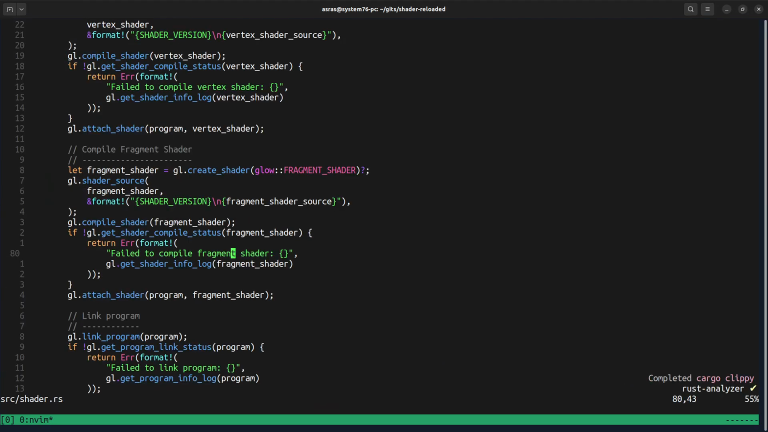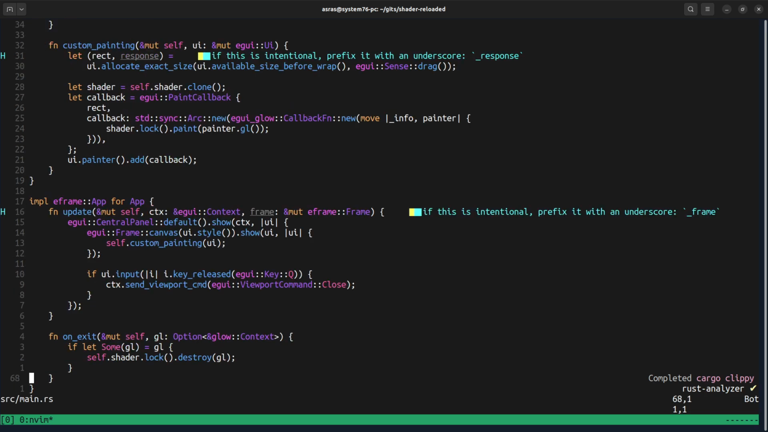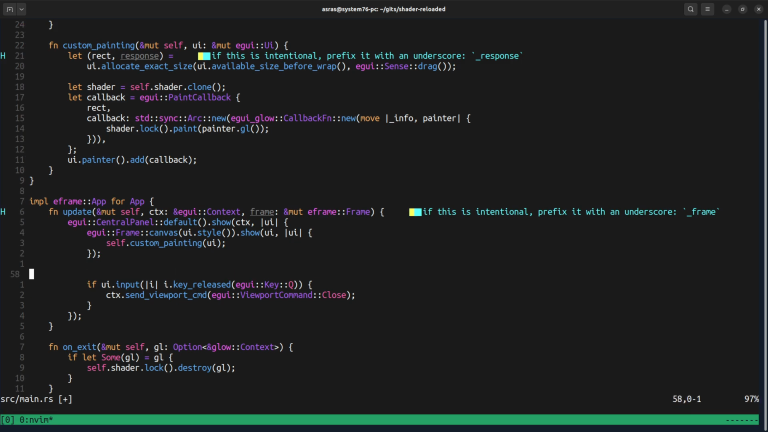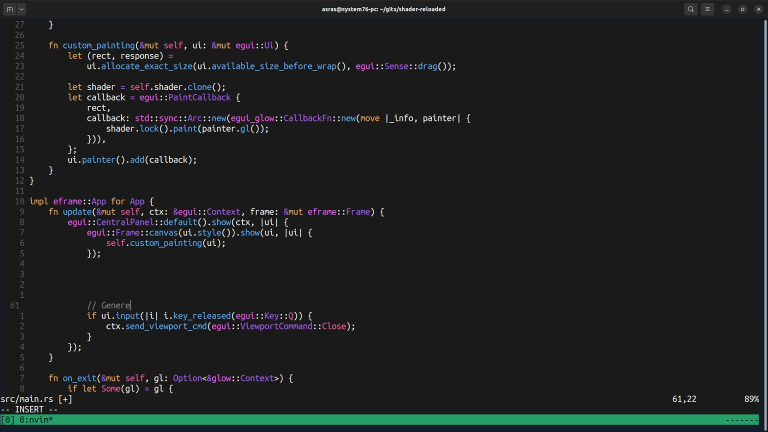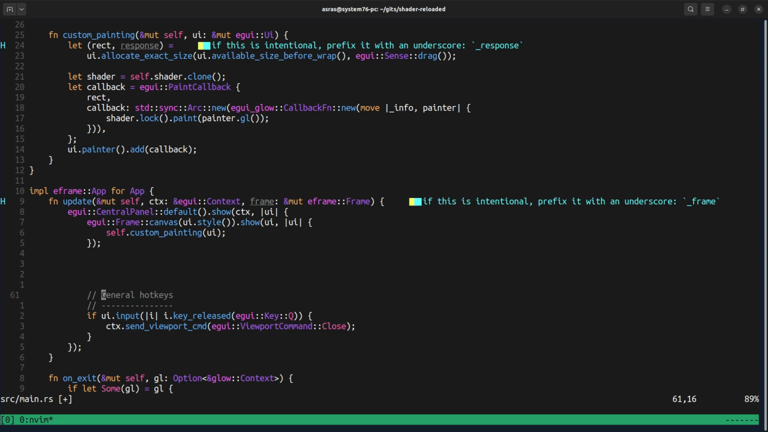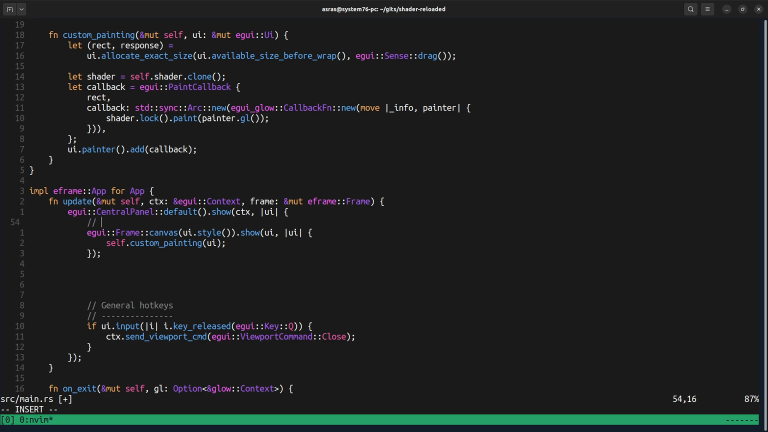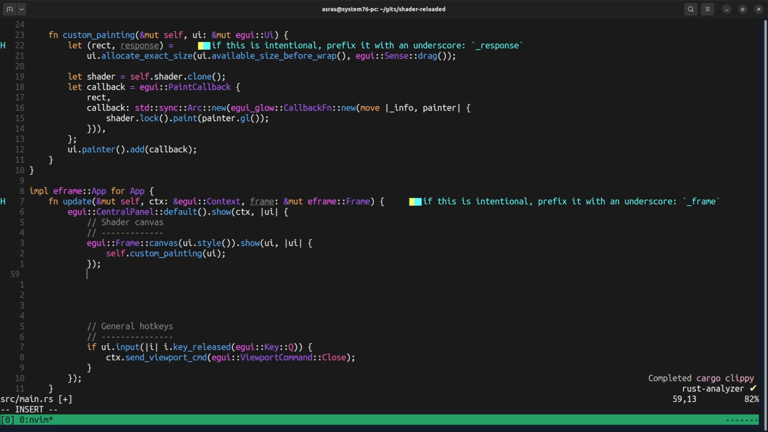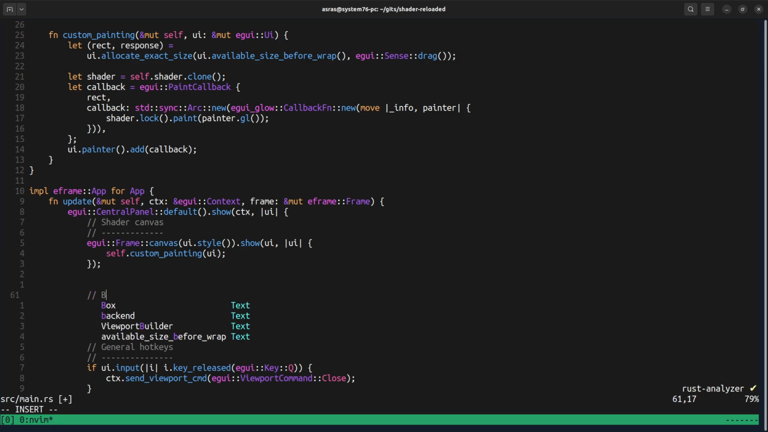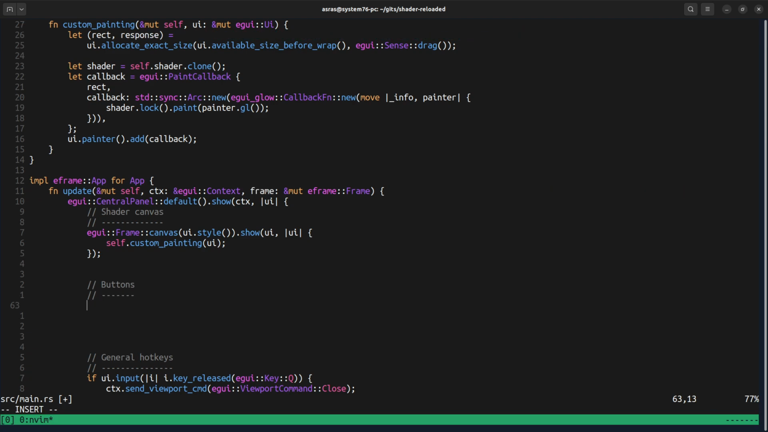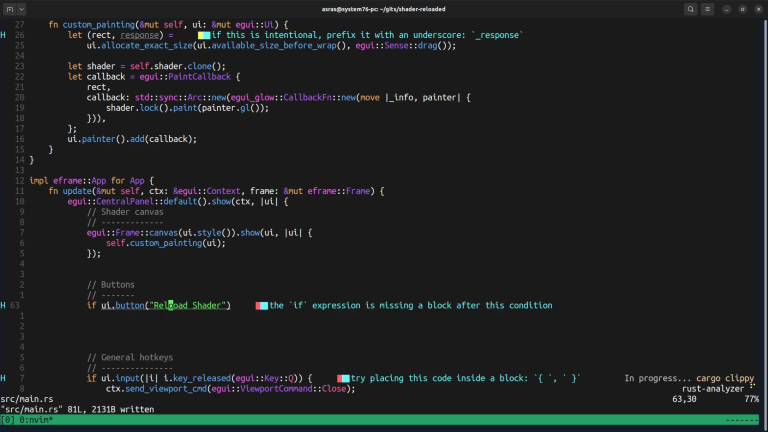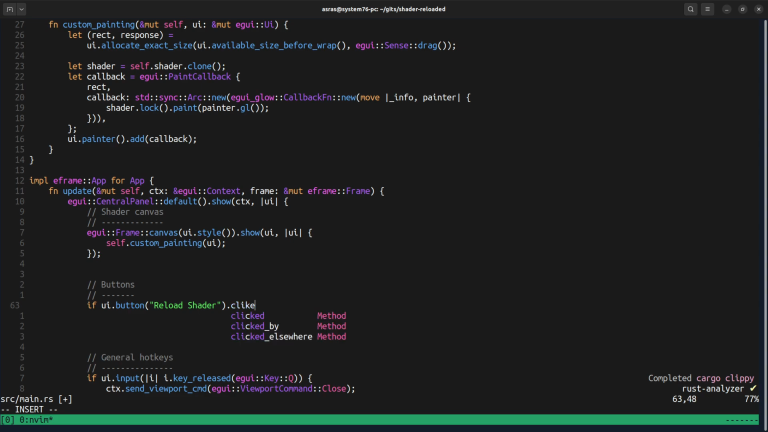Okay, so that works. Now let's add a button to the UI. Here we have the panel, and so here we have, let's say, general hotkeys, and this is maybe, let's say, shader canvas, and then let's add some buttons, and it's going to be something called load shader, or rather, let's say reload shader. And if that is clicked,